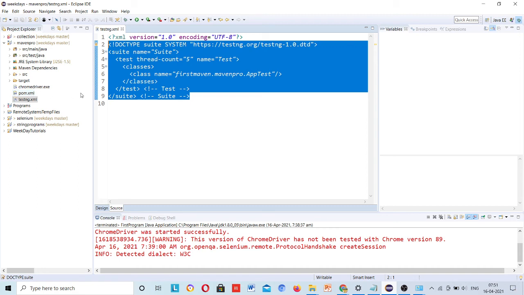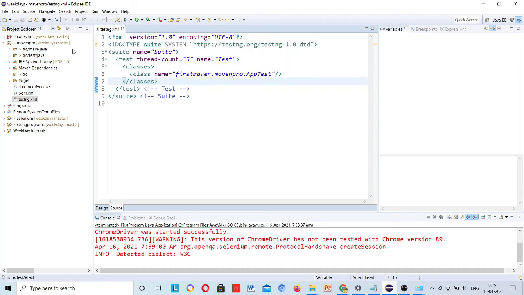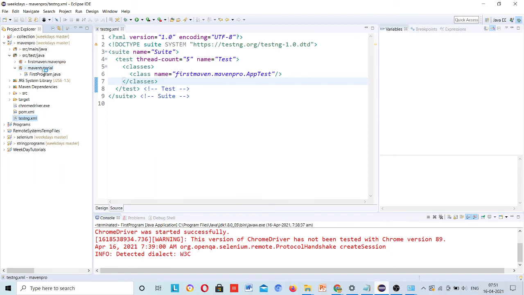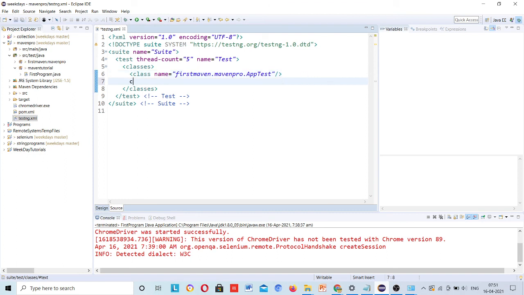Okay, let's run our first program using testng. src test java, Maven tutorial, first program. So package name is what? Maven tutorial, dot first program dot java. Add class here.